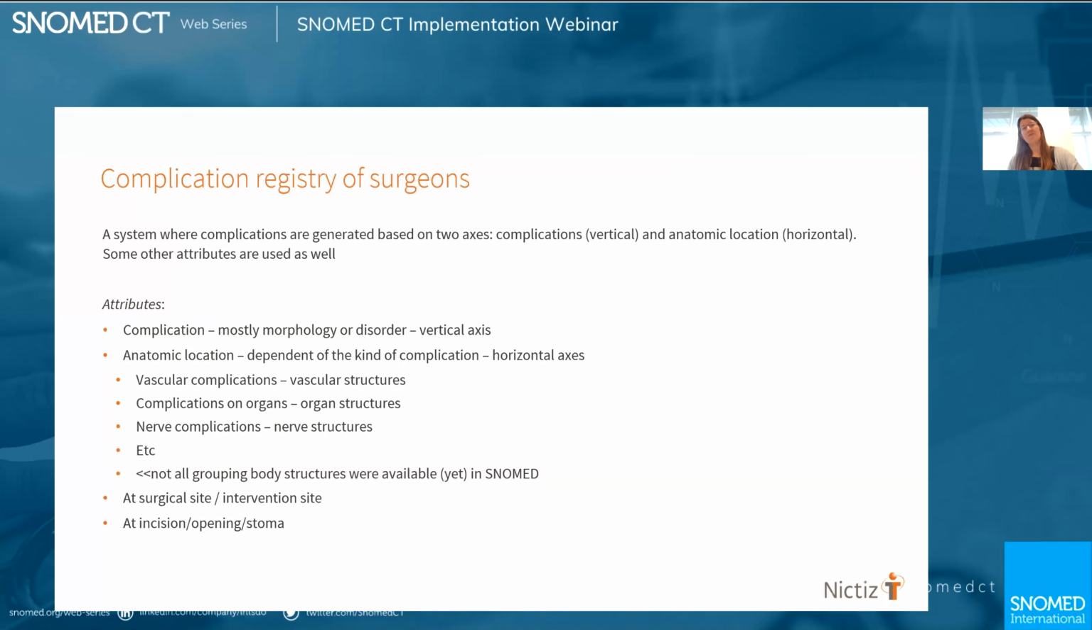So the complication registry, we are now talking about the complication registry of surgeons. That's actually the one with the most concepts in it. A complication registry is a system where complications are generated based on two axes, complications on the vertical axis and anatomic location on the horizontal axis. And some other attributes are used as well, like the surgical site, intervention site, opening, incision, stoma,